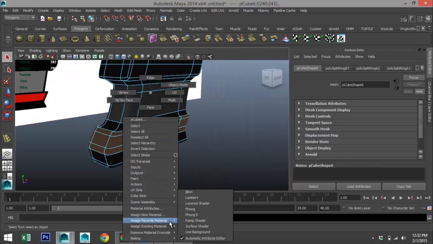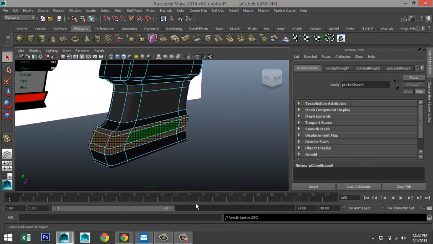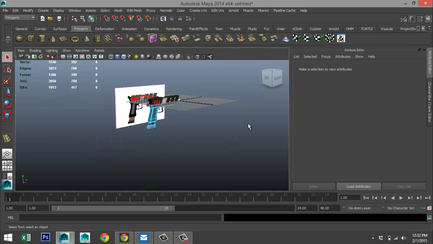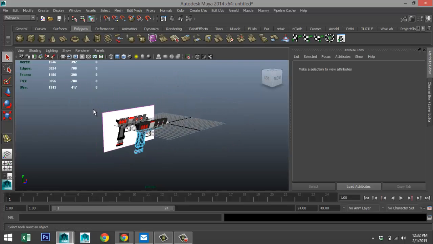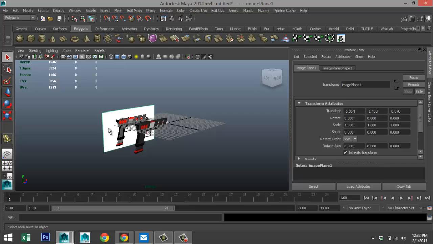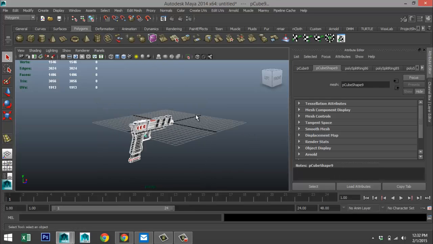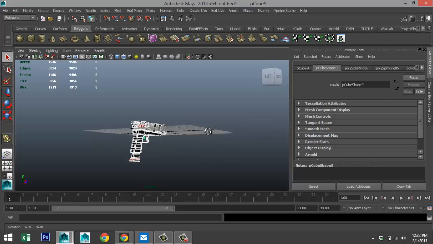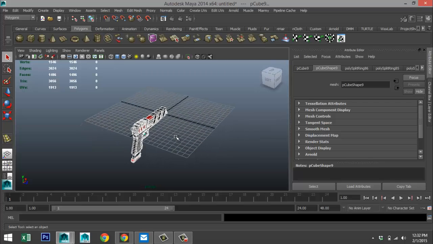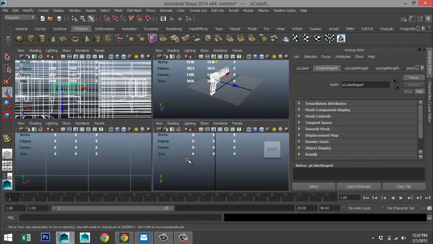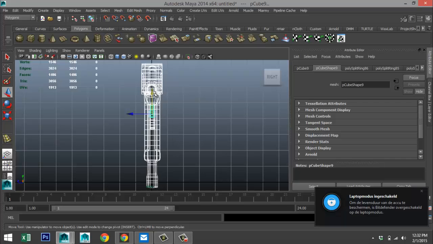Right click, existing material, Lambert 2. Okay, so this is our gun. Get rid of that guy, select the whole thing, and what we'll do is we'll just hit W, raise that up until it's sitting on our grid. There we go.